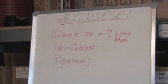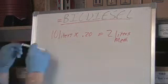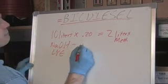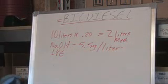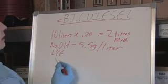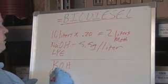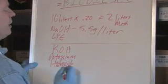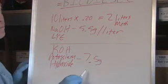But in a perfect world with perfect oil, if you're using sodium hydroxide, whose chemical symbol for those out there is NaOH, which is commonly called lye, we're going to be adding 5.5 grams per liter. Okay, so for 10 liters of oil, we will add 55 grams of lye. If you're using potassium hydroxide, which is KOH, you'll be using 7.5 grams per liter,